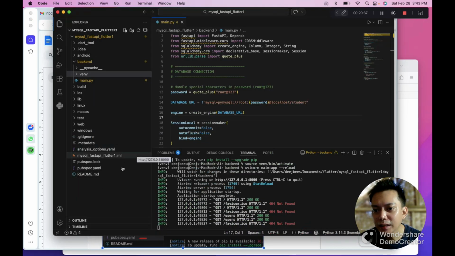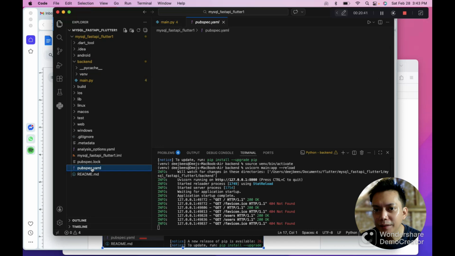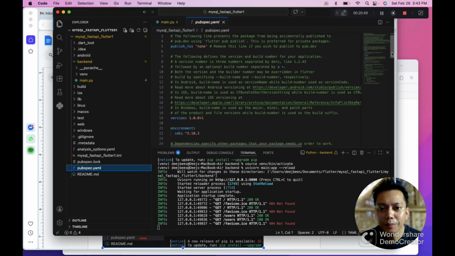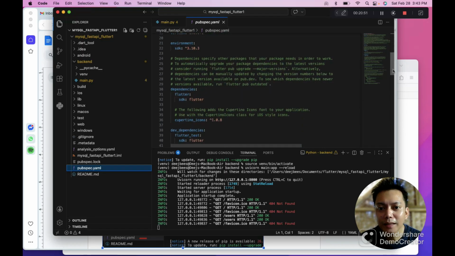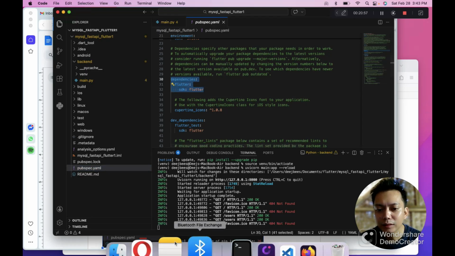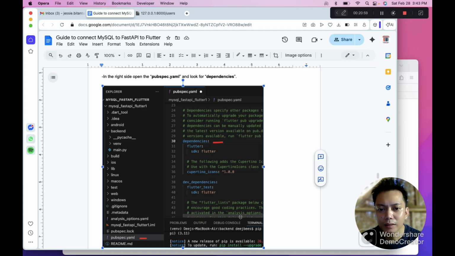It says on the left side, pubspec here, pubspec there. Then look for dependencies. Dependencies, where are you? Right here. We can see it here. This one here. Right? So there. Then next, since we found it already,